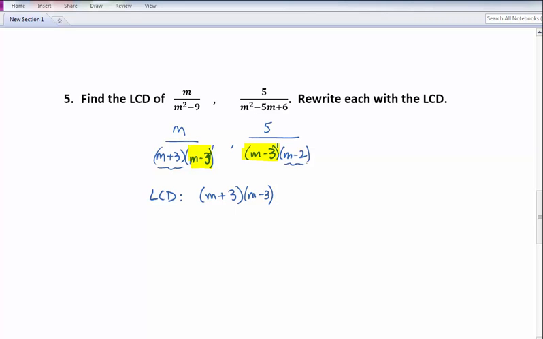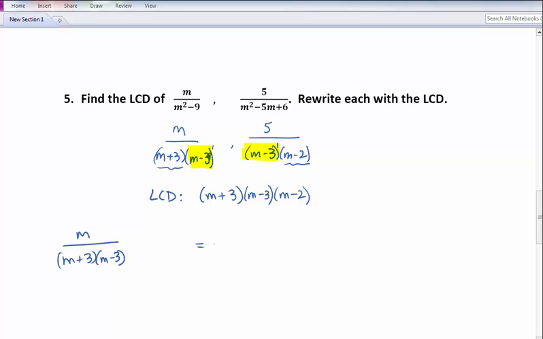And then this one over here has an m minus 2, and even though it's not in the other one, I still need it because I need my LCD to be something that all of these original denominators divide into evenly. So my least common denominator is kind of messy in that it involves three factors, but it is what it is. So then if I go back and I rewrite this,